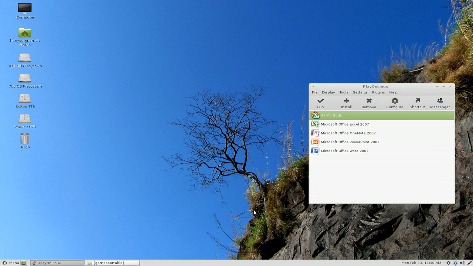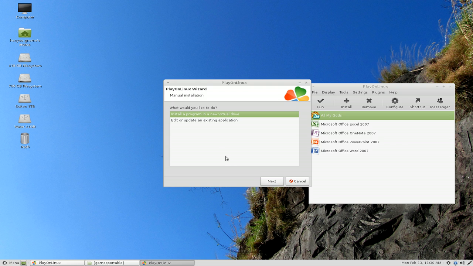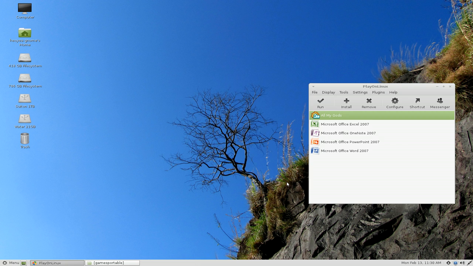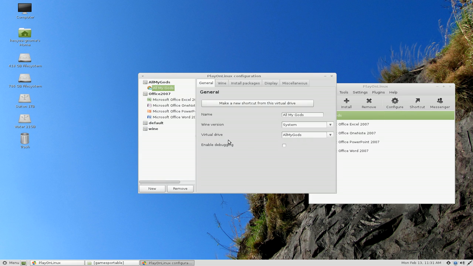Like you go install some stuff right here, right? And at the end they'll tell you to find the exe installer and then you can continue, which doesn't work very well with portable stuff. So the way to get around that, right, is you go to configure. Now in here, they have different